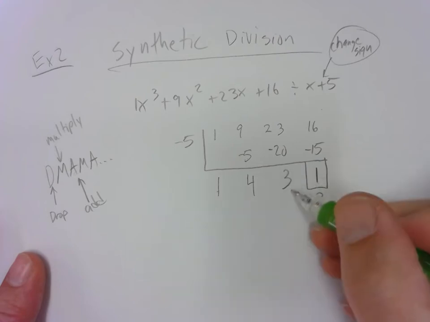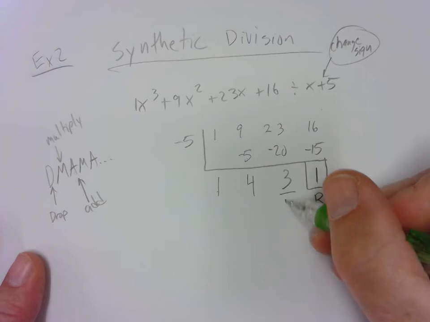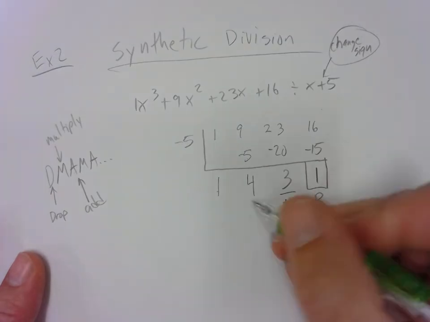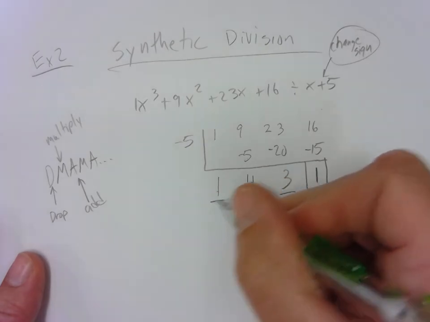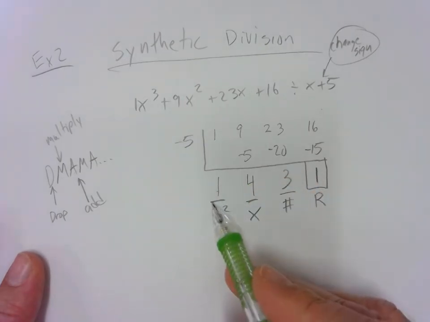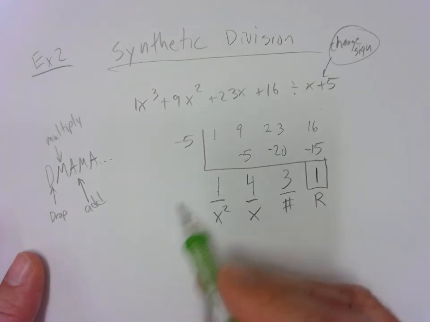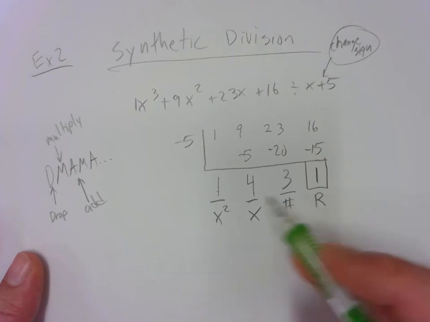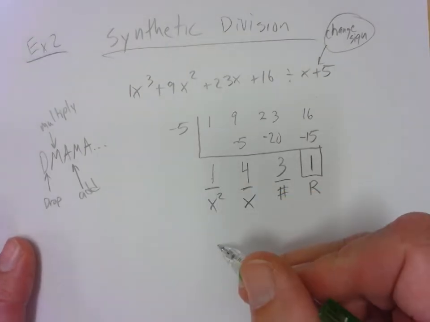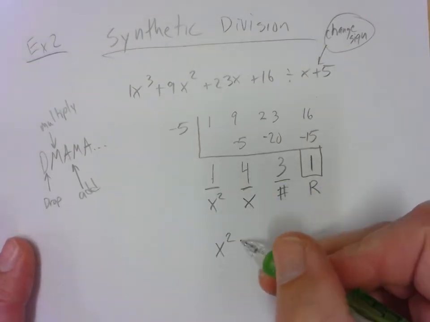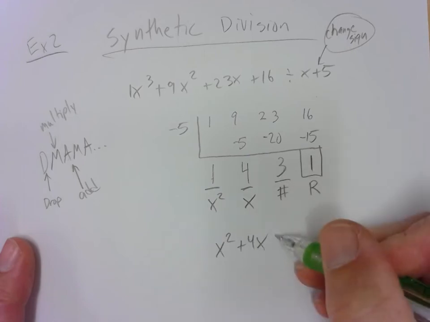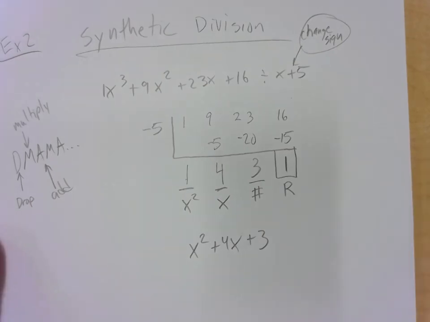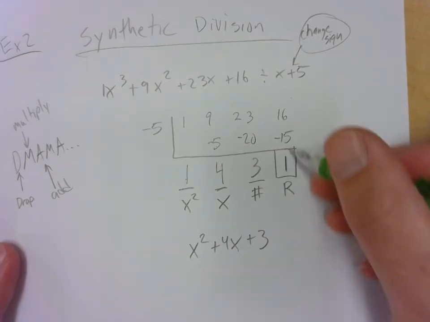Okay. The next number is just the number at the end of the polynomial, because polynomials are in order, right? So then this one is x, and then this one is x squared, and the one, if there was a number there, it'd be x cubed. So now I can put the x's back in to get my final answer. So there's 1x squared, or just x squared, 4x, and then 3. And a remainder is a fractional part. It's the part that's left over. So the part that's remaining is